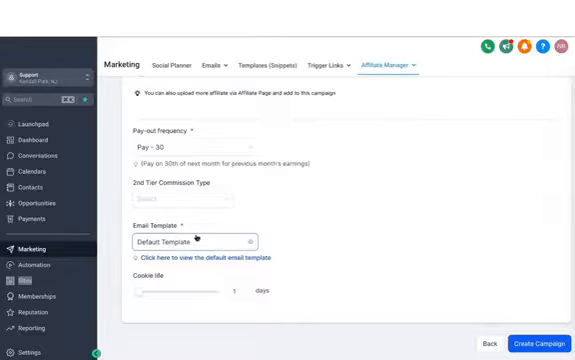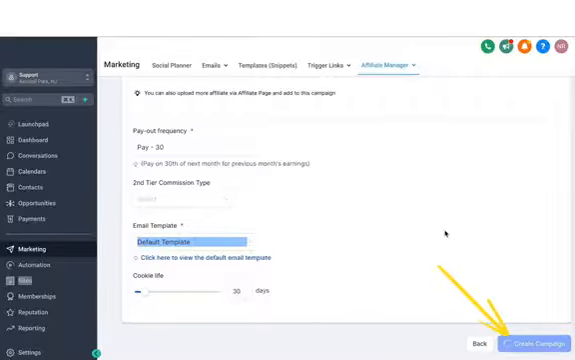And then you can also customize the cookie life. I'm just going to do like 30 days. So let's say if somebody opened that link once and then they came back within the 30-day period, the system will still count that the sale came from that person. Now, once you're satisfied with all these settings, just hit on Create Campaign, and it will create that in a